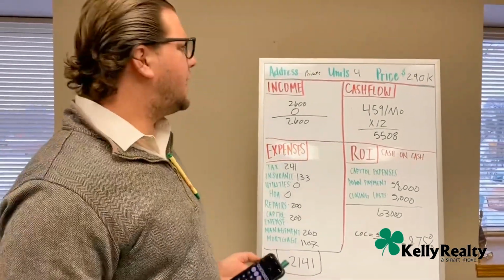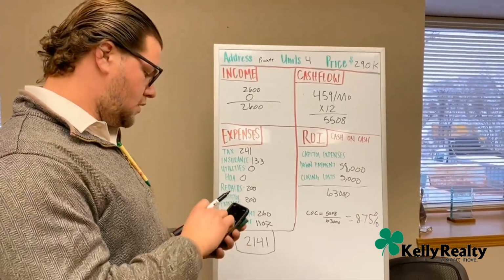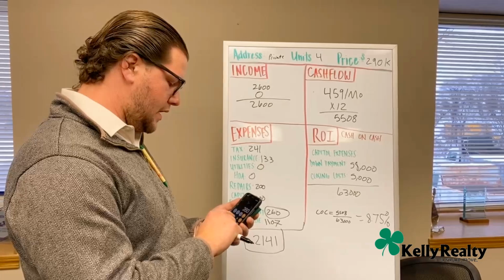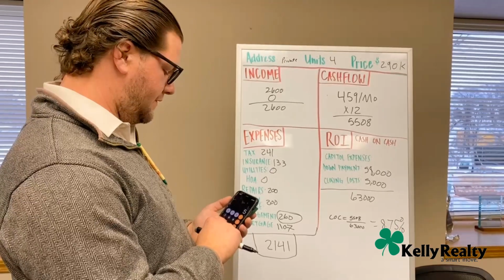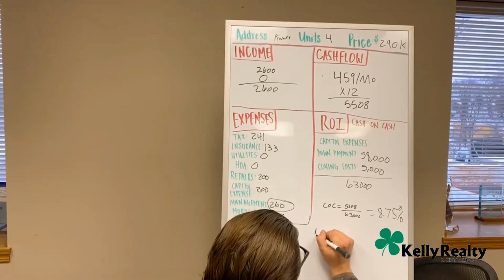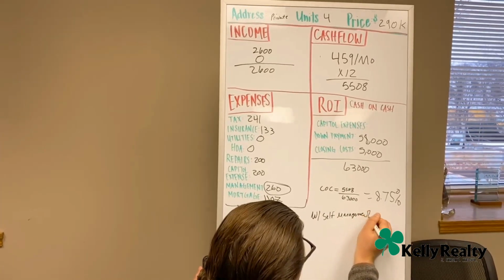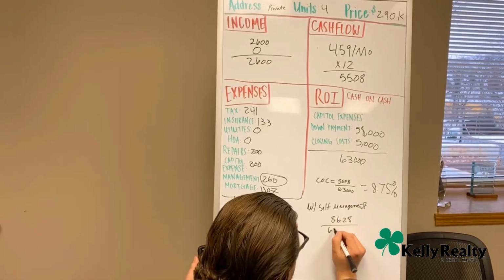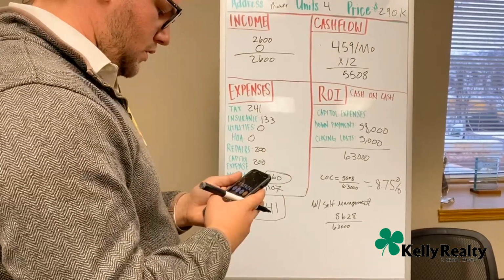Seems a little low, but this is just a 4-unit property. I think a lot of people would probably choose to manage it themselves at first. So if we did that, I could add back the management fee of $260 times 12, which is $3,120 plus 5,508 equals 8,628. So with self management, it would be 8,628 divided by 63,000, and that number would give you a